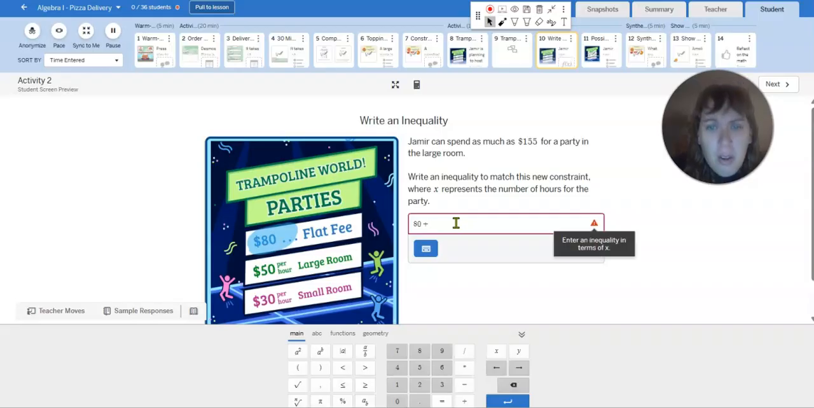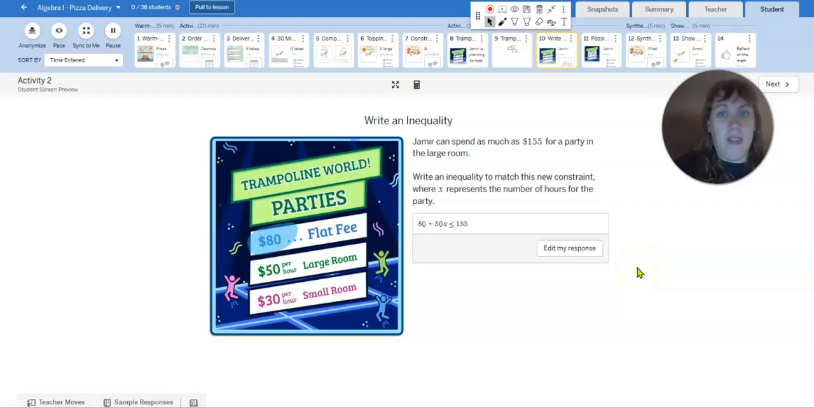Then we also, they want it in the large room, which is $50 per hour, so 50x, and they can spend as much as $155. So that's the most that they can spend, so it has to be less than or equal to 155. Beautiful. Okay, check out part 2 of the